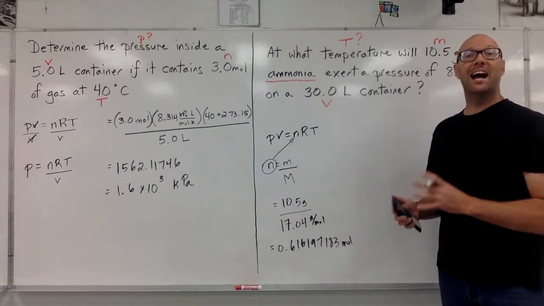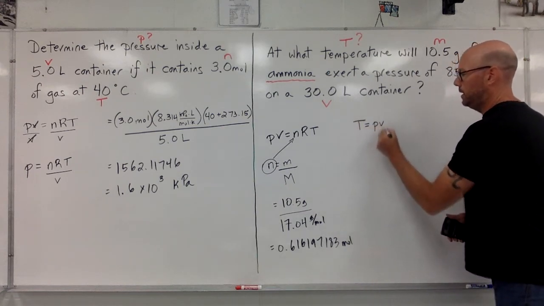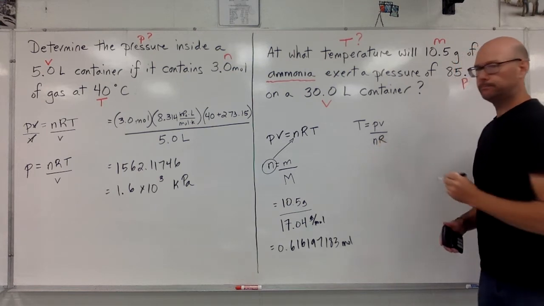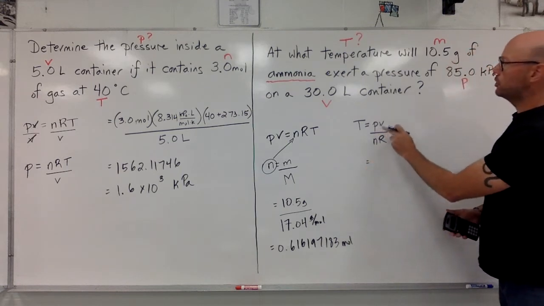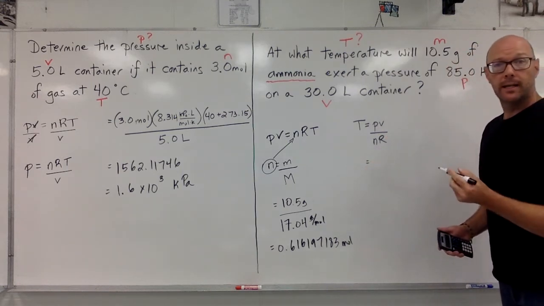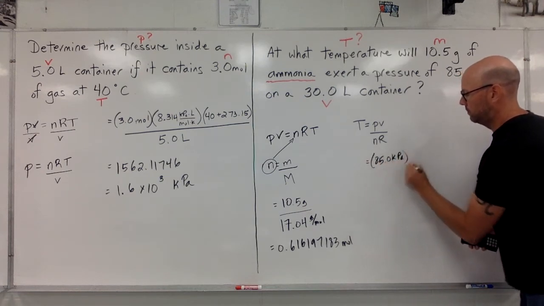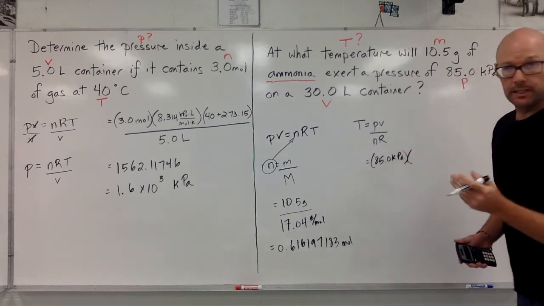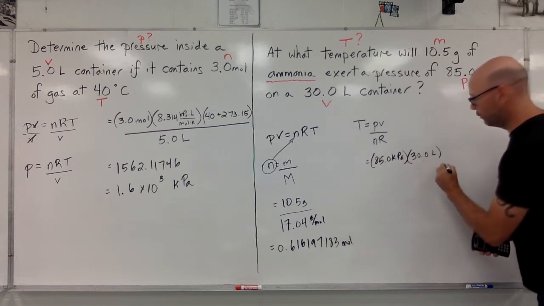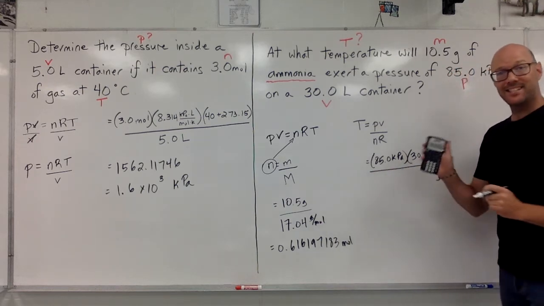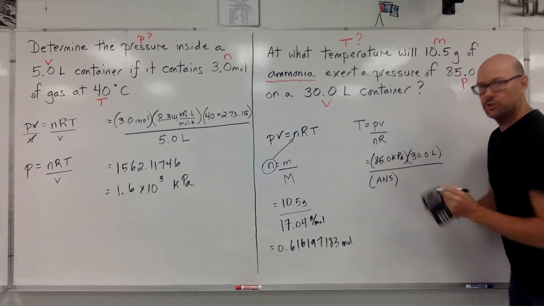Now let's manipulate the ideal gas law formula. The temperature is PV over nR. PV over nR. The pressure was 85.0 kilopascals. V, the volume, 30.0 liters. This is over the moles. That's the answer that's just sitting on my screen. So I'm going to write it like this. The answer that's just sitting on my screen,